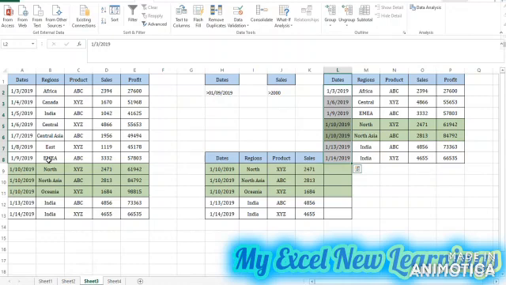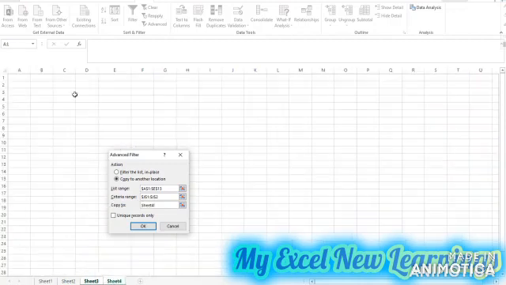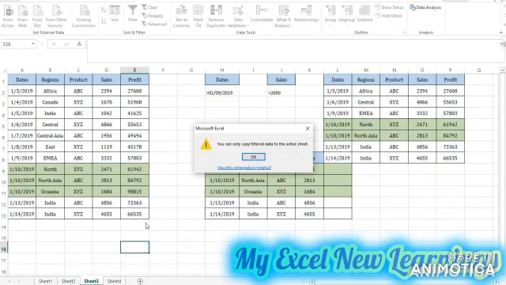So here there is one disadvantage. When you want to pull the data to the other location, the sheet should be active. So example I will show you. So we are in the data and I click on the advanced filter and the range is selected. So this is my criteria. So now I want the data should be pulled to the other sheet, like sheet number 4. So I will click anywhere, then I will click on OK.